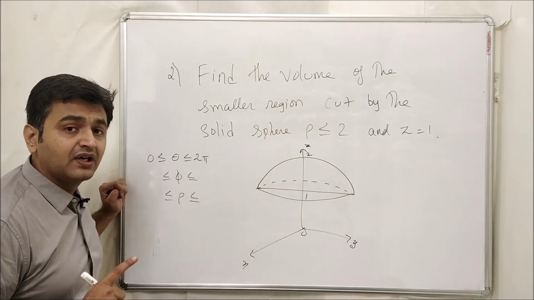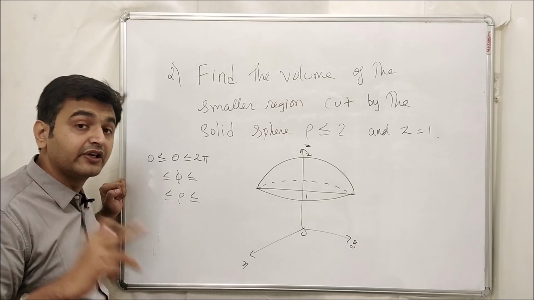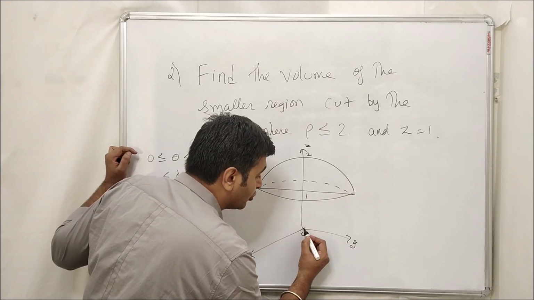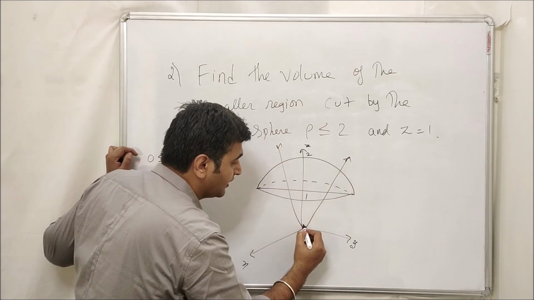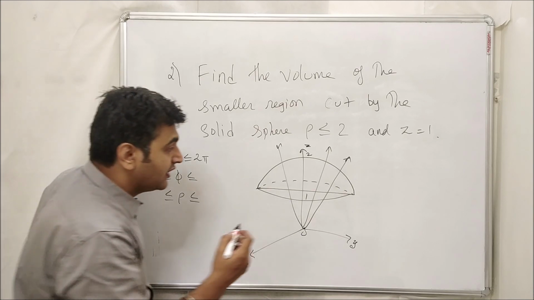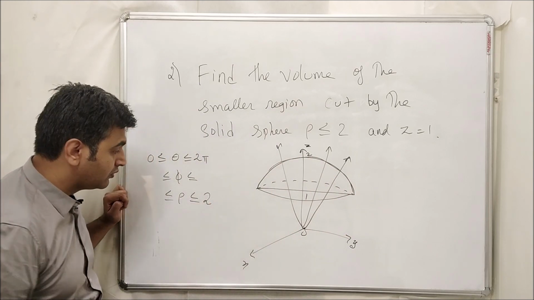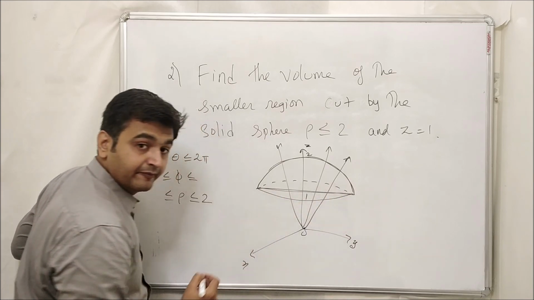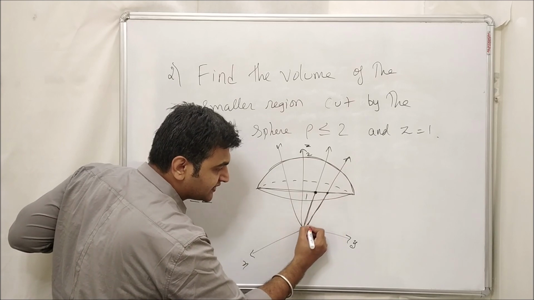Like you saw in polar or cylindrical coordinate systems, whenever you had a straight line, that means trigonometry came into the picture. Here also you want to find the limits of rho. So you draw this line because rho is a distance from the origin. You draw this line and you see from where it is entering the domain and from where it is leaving the domain. It is leaving from this sphere, so that's not a problem. I know that on the sphere rho is less than or equal to 2. The question is, from where is it entering, from this straight line? So you concentrate over here. How much is this distance?